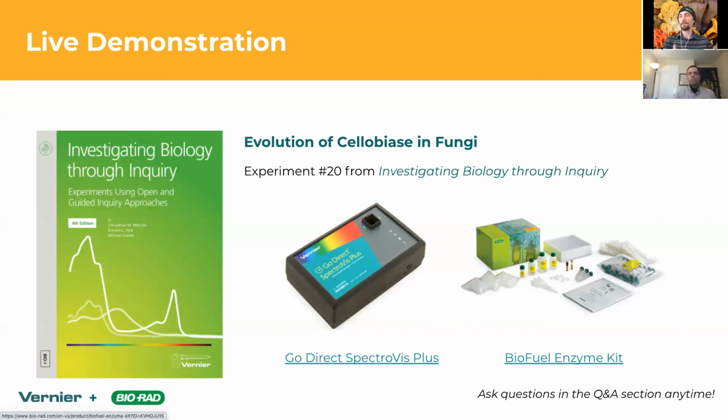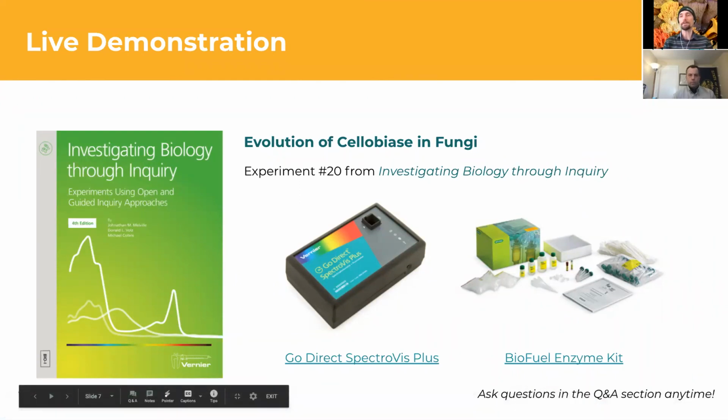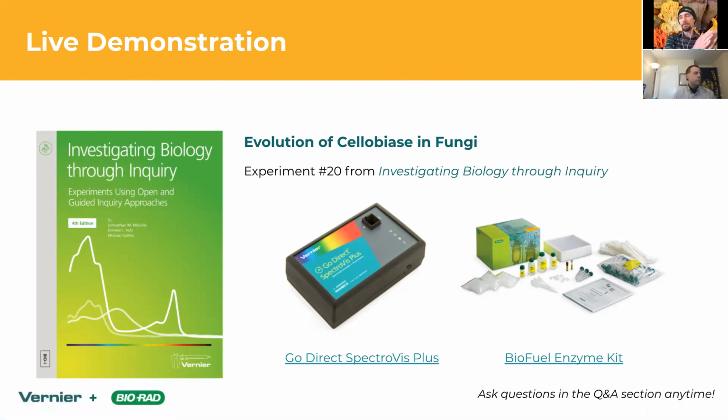And the reason this fits really well within an ecology or an evolution class is that understanding the ecological niches of those fungi will usually dictate the type of kinetic structure you see from the cellulase you can extract from them. And so it's got this really cool potential to do evo-eco type stuff, and then bring it all the way down into the biochemistry by looking at these enzymes' kinetic rates. So it's a super cool lab.